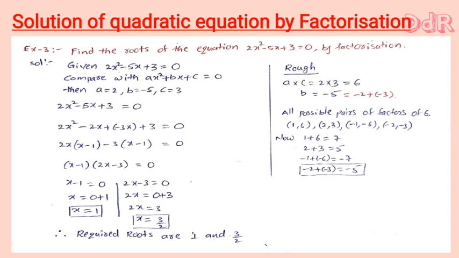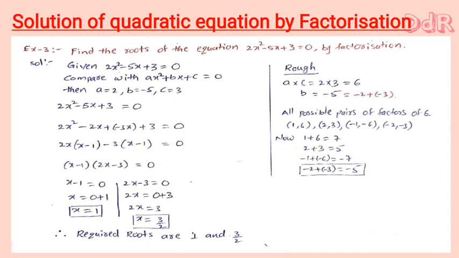Now coming to the left side, the given equation 2x square minus 5x plus 3 equals 0. In the place of minus 5x, let us write the sum of the other two terms, minus 2x plus minus 3x. So 2x square minus 2x plus minus 3x plus 3 equals 0. From the first two terms we can take 2x common: 2x bracket of x minus 1. In the next two terms, minus 3 common: minus 3 bracket of x minus 1. When taking the minus common, the sign will definitely change, that is why here we got minus 1.